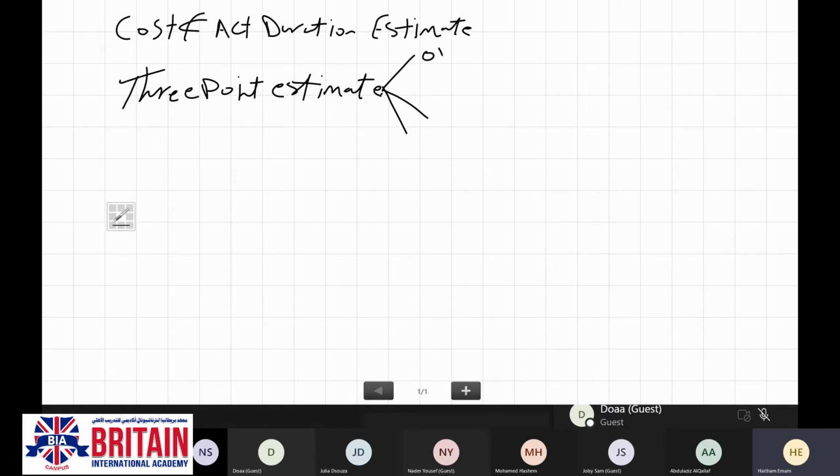The first one is called optimistic, the second one is called most likely, and the third one is called pessimistic.